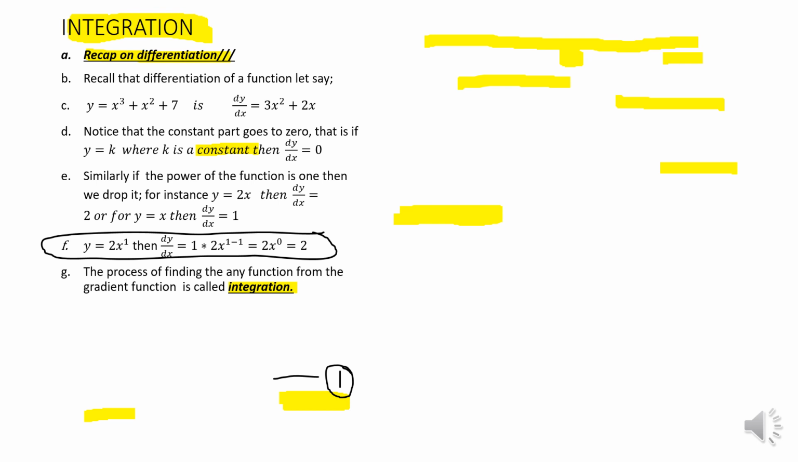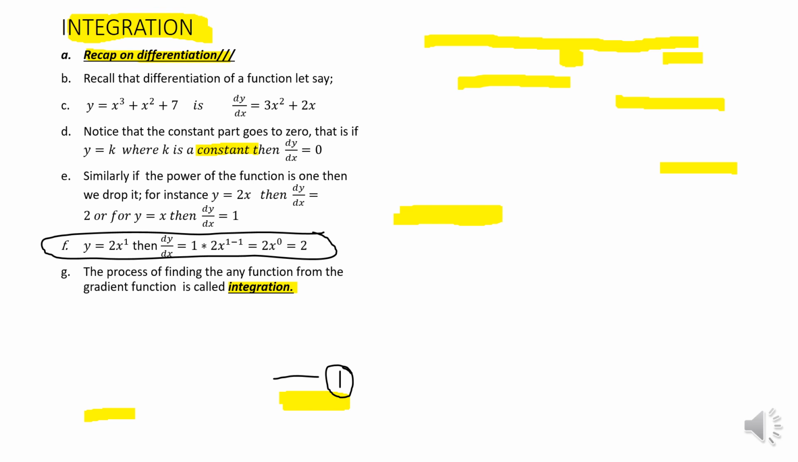Now, this process of finding any function from the gradient function is called integration. Integration can also be defined as the reverse of differentiation. So the process you follow to differentiate a function, we are going to do the reverse of it so that we can get the function that was differentiated to get that